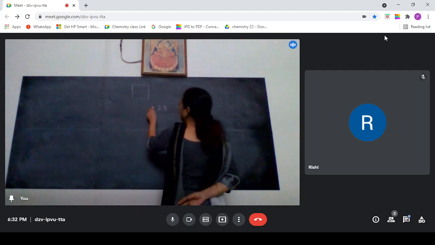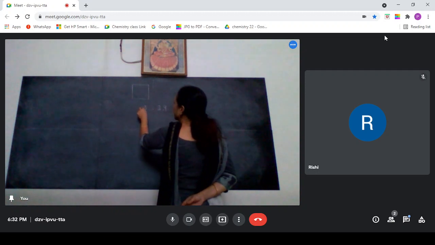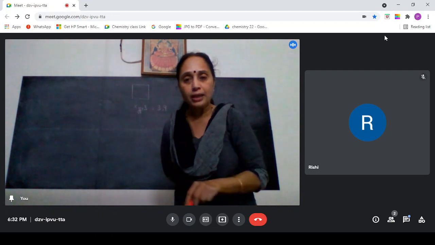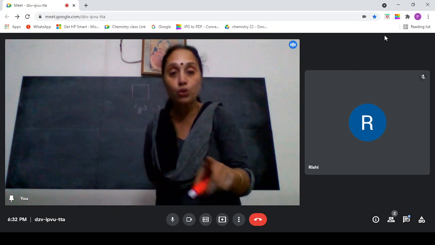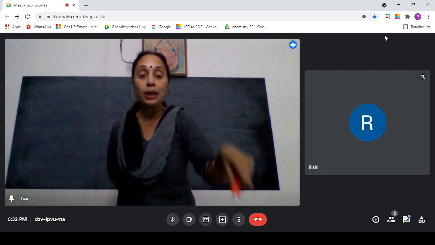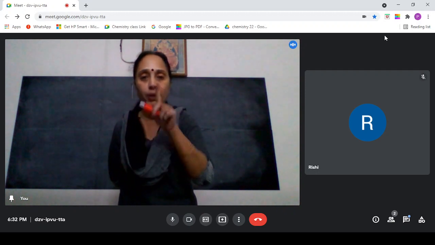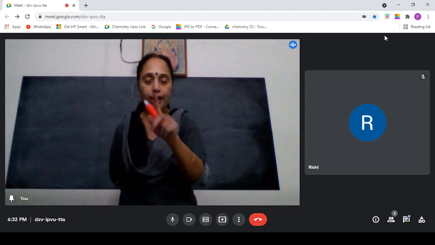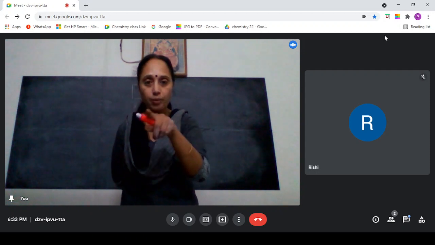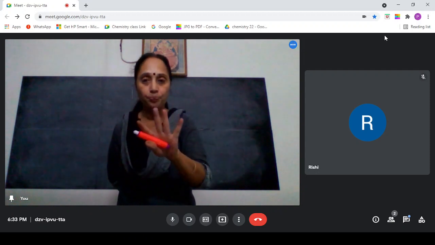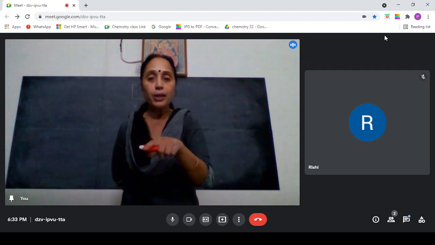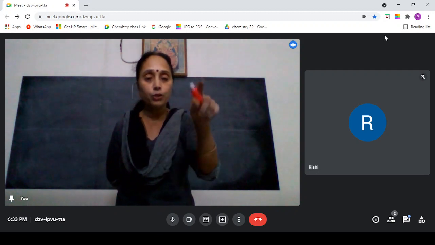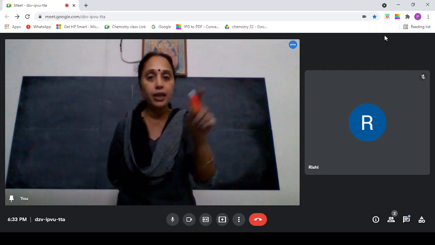Okay, so packing efficiency is given by Z, write down this, Z effective, that is number of particles per unit cell. This also you have to write in the table. Number of particles per unit cell. For simple cube it is 1 because 8 into 1 by 8. For body centered it is 2: 8 into 1 by 8 plus 1 which is inside the body. And face centered it is 4. Corner particles 8 into 1 by 8 plus 6 face centered will contribute half, so 6 into 1 by 2. So it will be 1 plus 3 that is equal to 4.